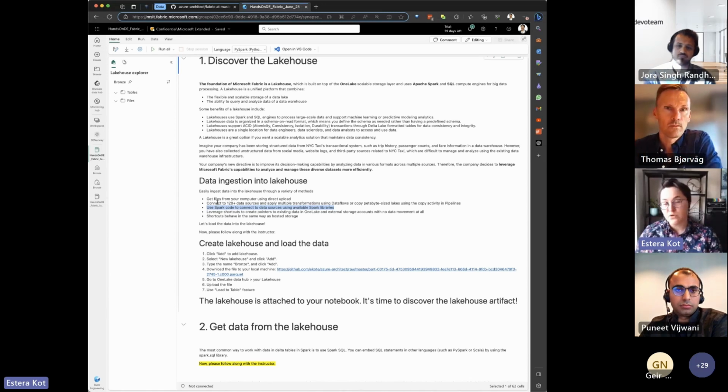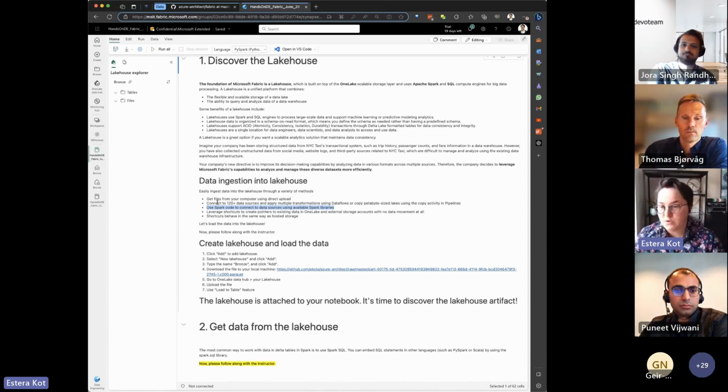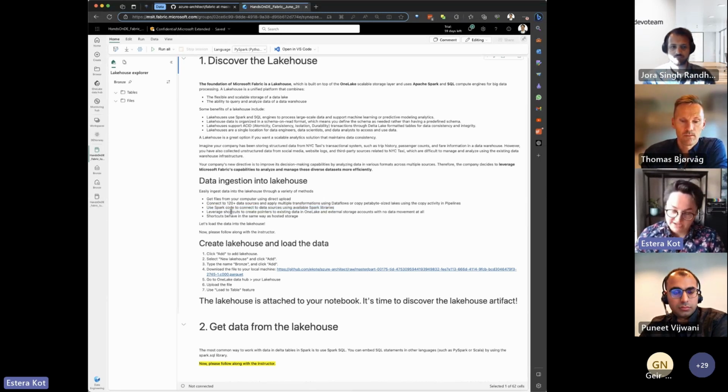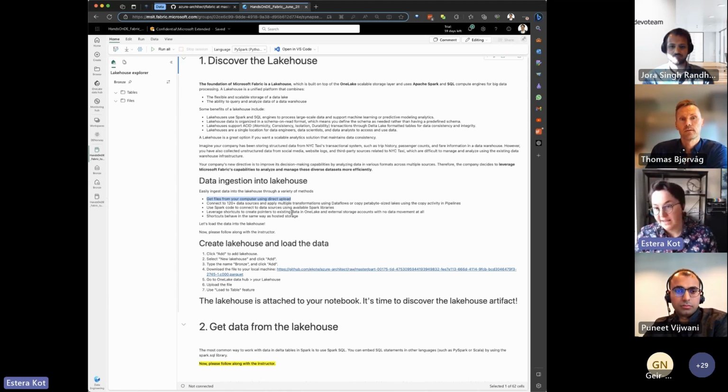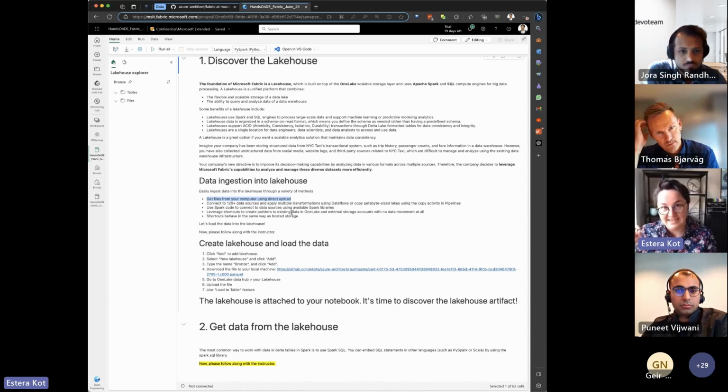And today we'll explore two. The most fancy from my perspective and the most exciting is that we will leverage shortcuts. And the second, that will be at the end, we'll start with the basic ability to upload the data, that is using just direct upload. So we are going to now discover the Lakehouse built on top of OneLake that is based on the Delta Lake open source library.